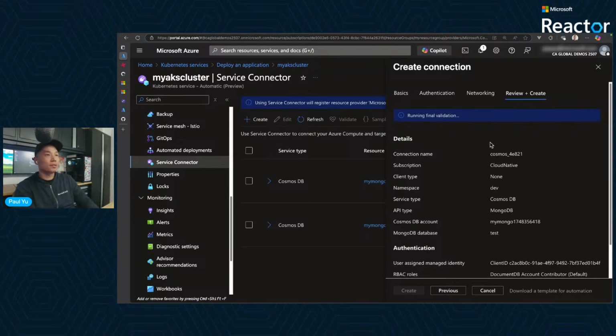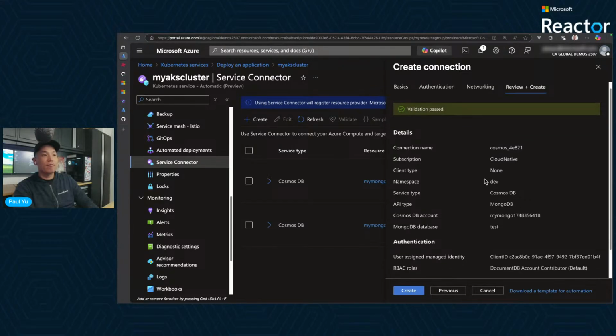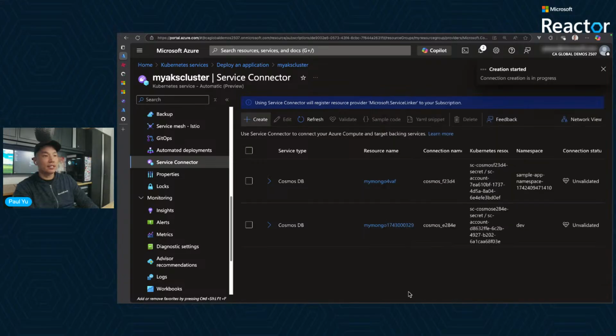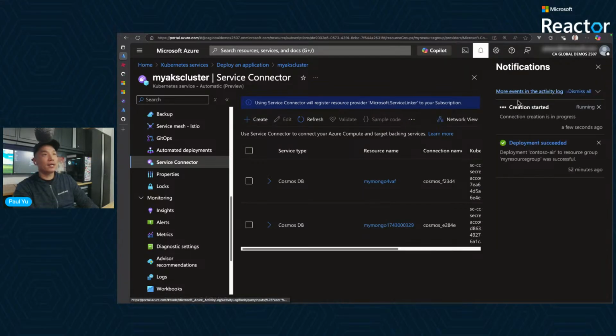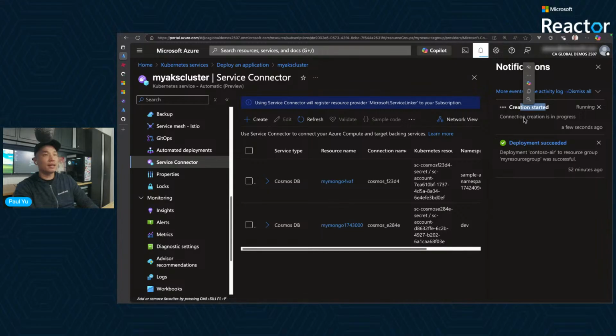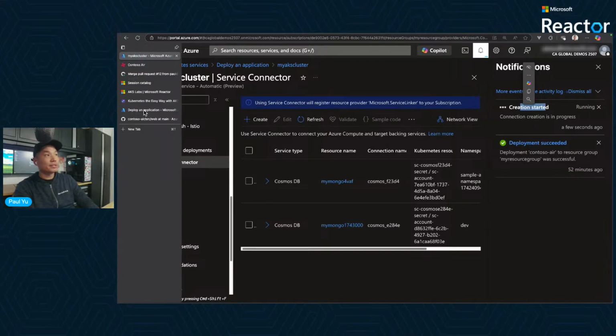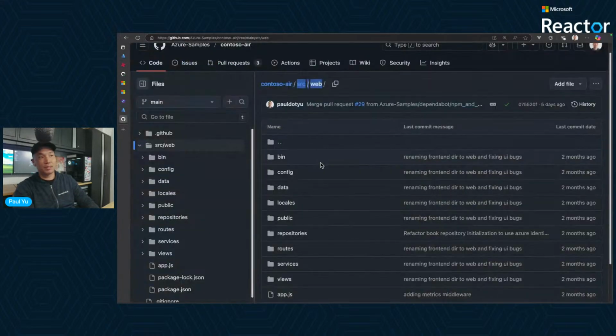So boom, boom, boom, boom. Got to wait for this. Okay, validation passed. And then I can just go ahead and click create. And then you can see up in my bell icon that the service connector is creating. Okay, so we'll wait for that because that takes a little while. Let's take a look at the source code because I want to show you